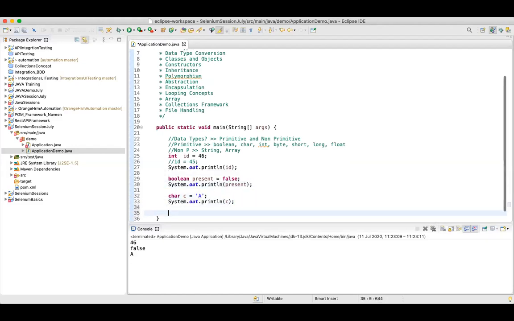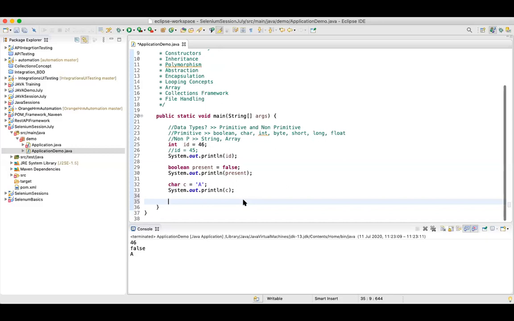Now we'll see one of the major ones over here. Let's try to use String now. We have seen a couple of primitives, let's try to see String. Let's say I want to store a name. Whenever you are defining a String, it has to be in double quotes like this, and then the end of the statement.